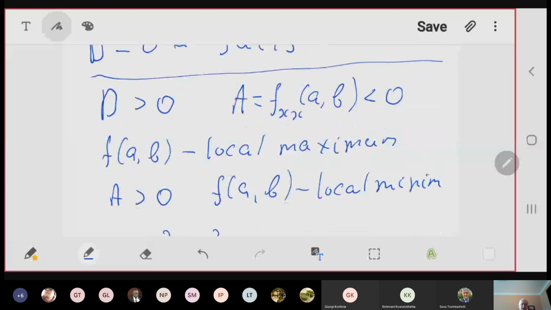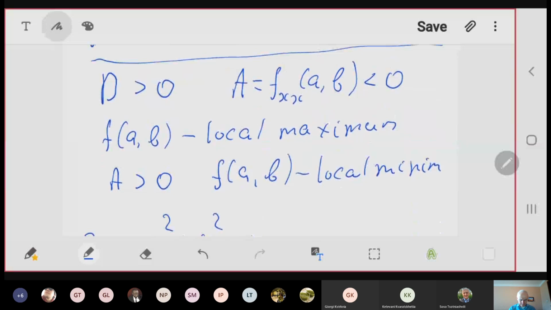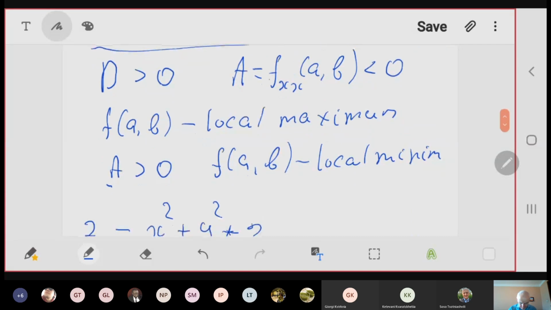We don't know yet whether this is a local maximum or local minimum. But to find that, we should look at the sign of A. A is the second order partial derivative by x. And when A is positive, this is a local minimum, and when A